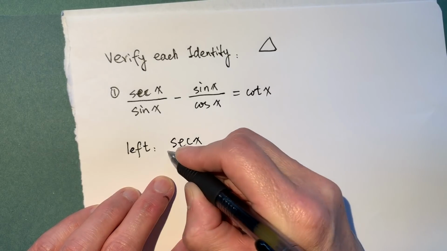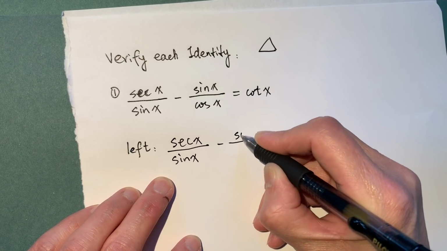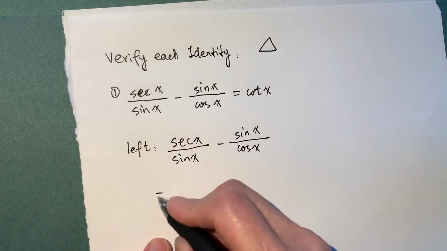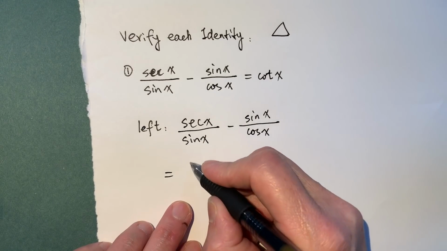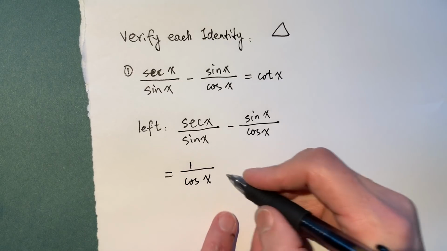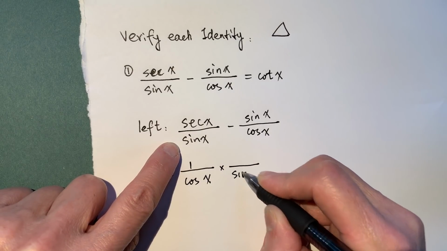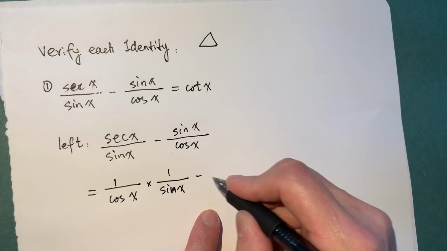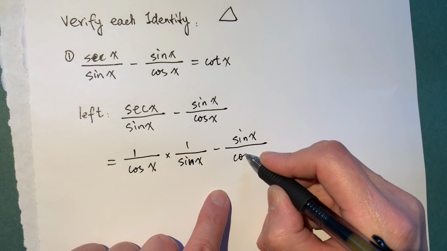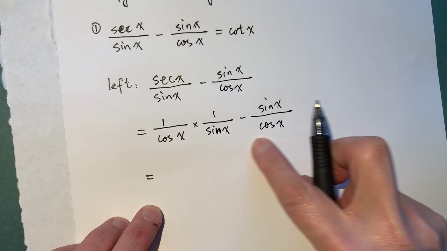Secant x over sine x minus sine x over cosine x equals, secant is the reciprocal of cosine x, times sine x, copy it, sine x minus sine x over cosine x. This one we copy it, so the